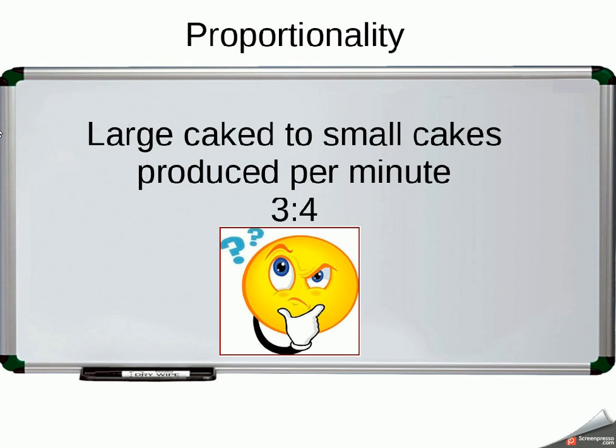For instance, we've got large cakes to small cakes. The ratio of large cakes to small cakes produced per minute, and I apologize for the spelling mistake, is 3 to 4. So for every 3 large cakes, 4 small cakes are produced per minute. Now this shows a ratio, but if this consistently happened, so the ratio doesn't change, then they are increasing in